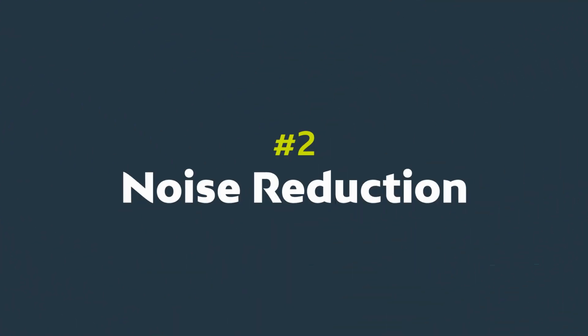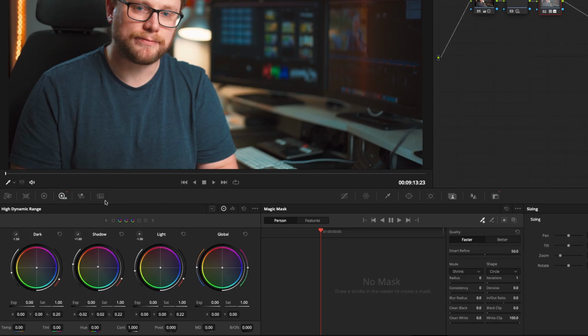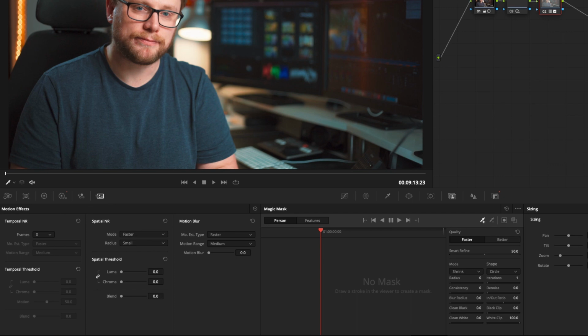My second favorite reason to upgrade to DaVinci Resolve Studio is the noise reduction tools. Needless to say that we have all had that occasional shot that we've needed to fix because it's been a little bit noisy. And the noise reduction in DaVinci Resolve is really exceptionally good. You get highly sophisticated and advanced temporal and spatial noise reduction tools, which work together or independently, depending on what you need to do for that particular scene, to help you remove all of this unwanted noise.